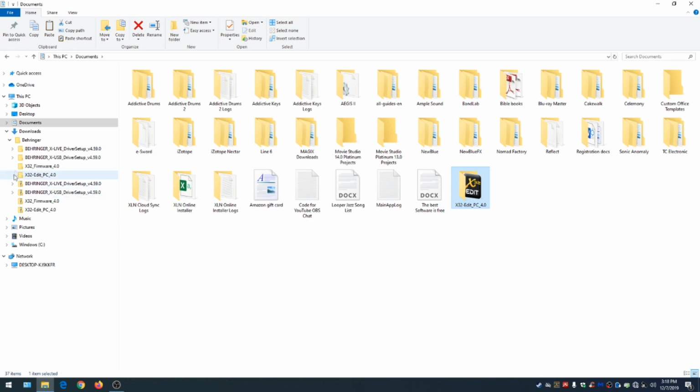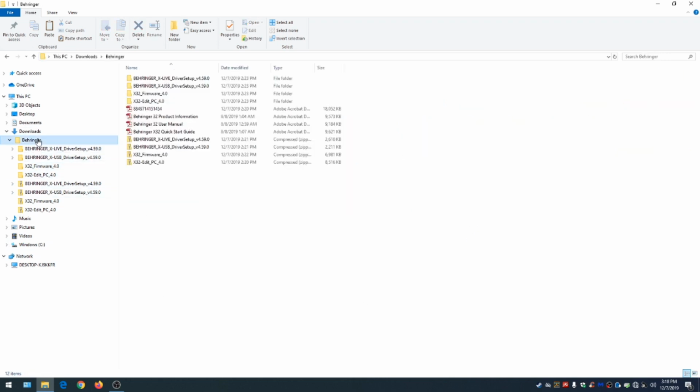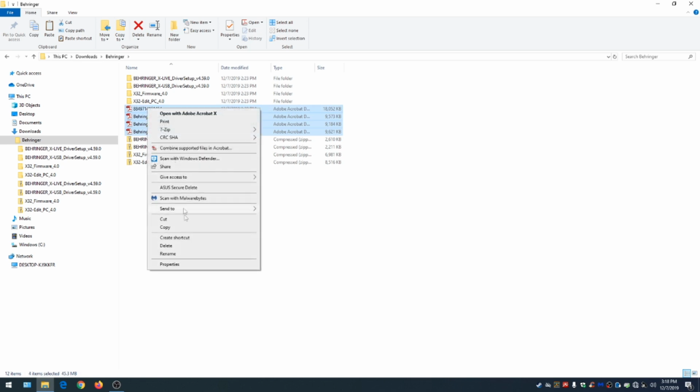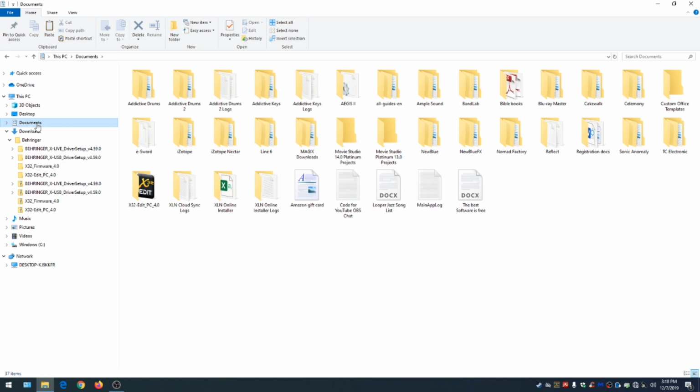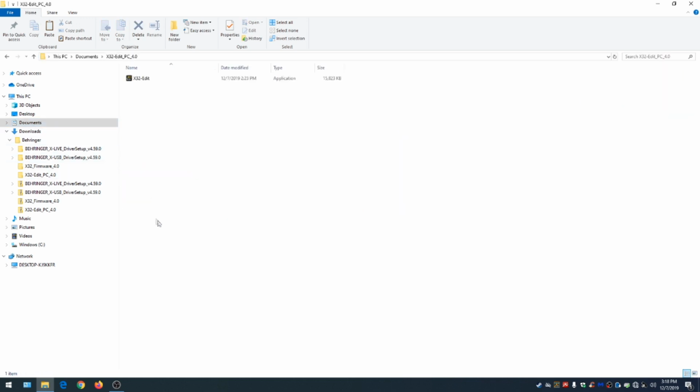I also want the Adobe files, so we're going to go back. Let's go back and highlight all these quick start guide and user manual. You can get all this stuff at the Behringer website, by the way. I'm going to right click, copy again, go back to our documents folder, open up the app and hit paste,